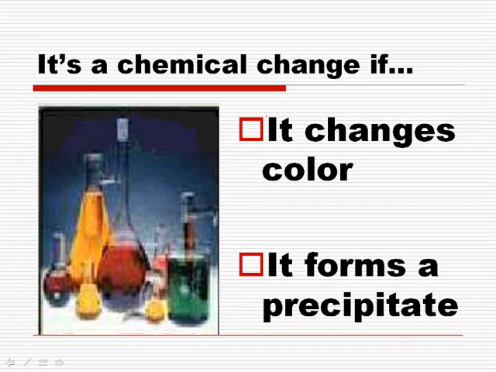If it forms a precipitate. Now this is a new word for a lot of us, precipitate. Precipitate's when you take two liquids, mix them together, and it produces a solid. To help you picture this,